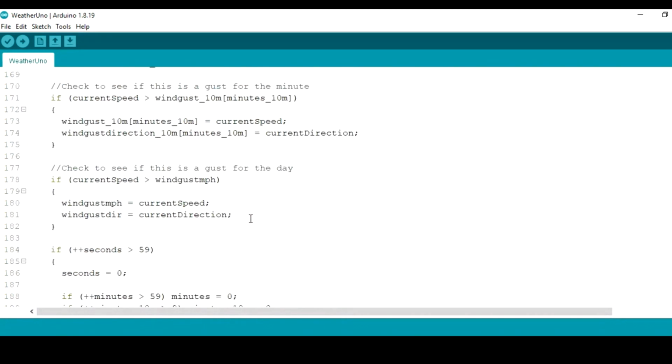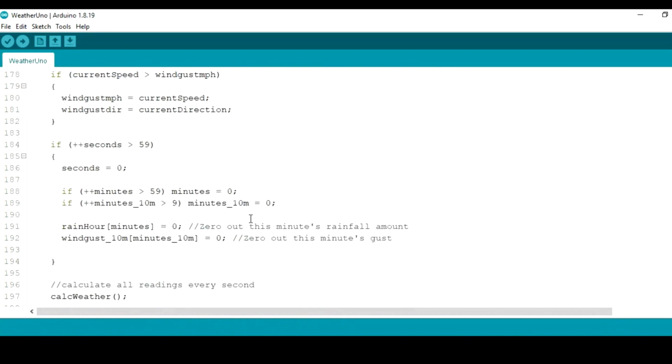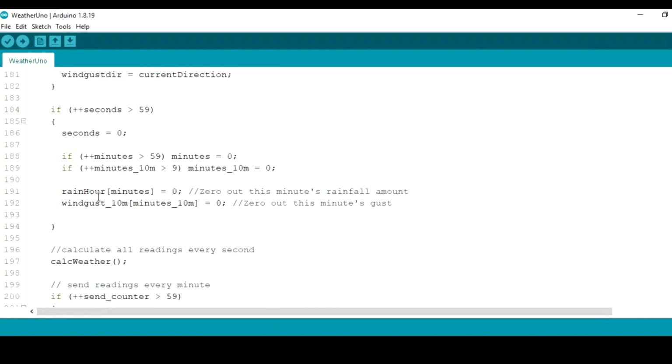And finally, we calculate all the readings every second with the calc weather function. This assigns all the values to the global variables we defined above. Now, we send our readings every minute to AWS IoT.